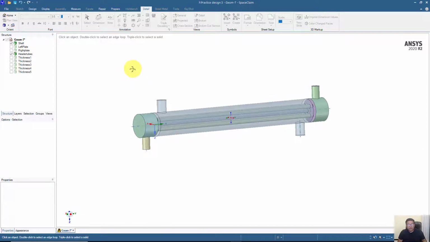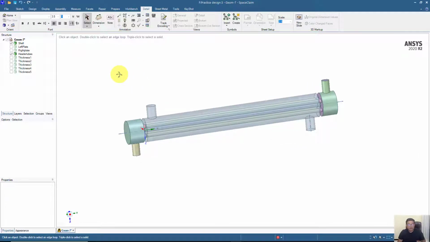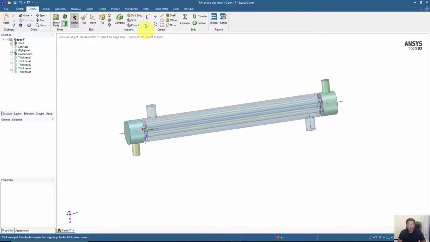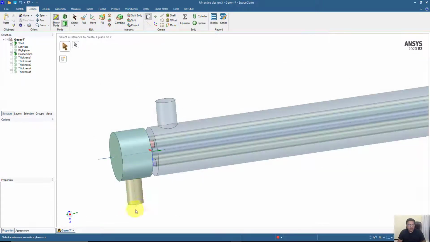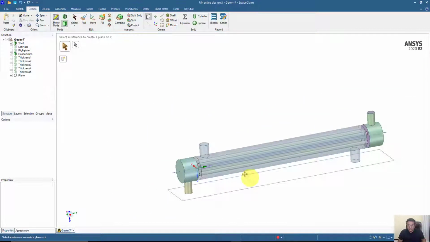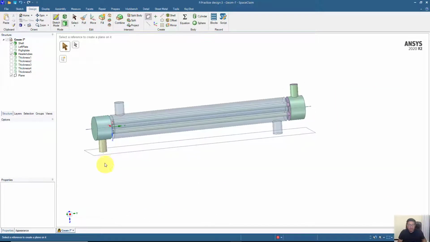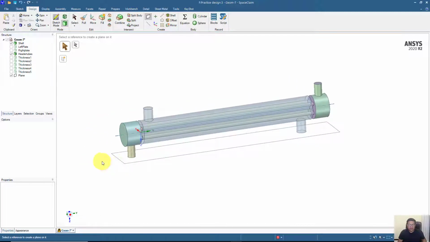In this video, you will learn to create dimensions on this geometry, and for that we need some planes on which we can create dimensions. One plane I would propose is on these two pipes, and if they are of different length, then you have to create two separate planes, because the dimensions will be placed on those planes. You cannot arbitrarily place the dimension anywhere on the part. The dimension of that part will be placed on that plane.